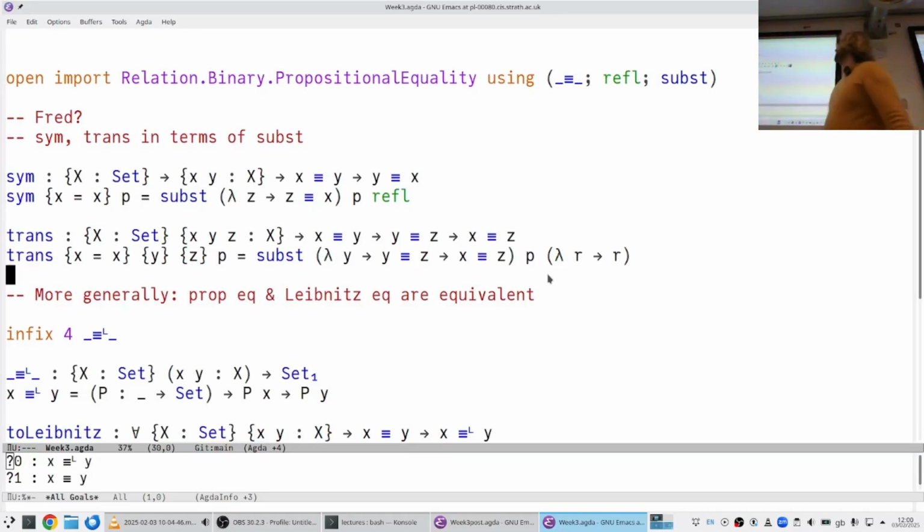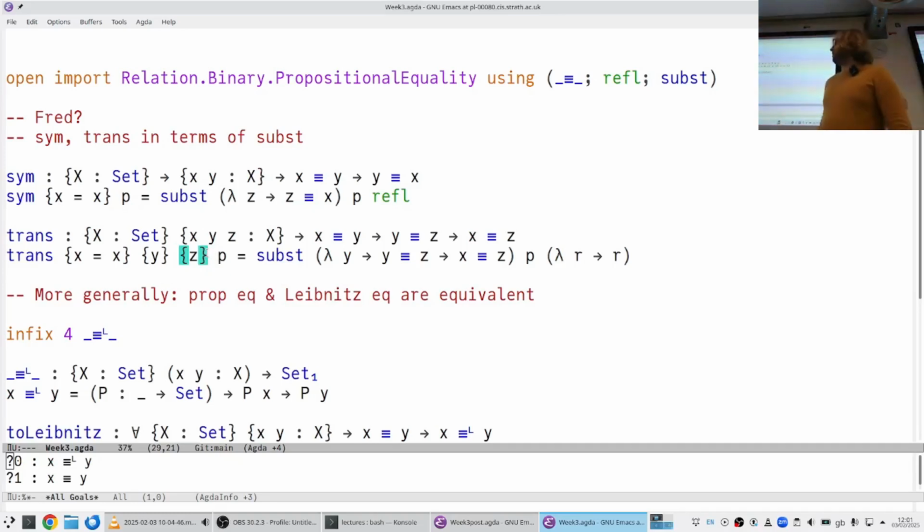what's happening here. Right. Also notice I was a little bit sneaky when I set this up because I know that when I use trans, I want to keep these x, y, and z implicit because it would be annoying to give them and they can be inferred from these arguments. But I already had a feeling that when I was going to state my predicate, I was going to mention y and x and so on and even z, right? So I made sure to introduce them here on the left as explicit arguments locally, so that otherwise I couldn't mention them here, right?